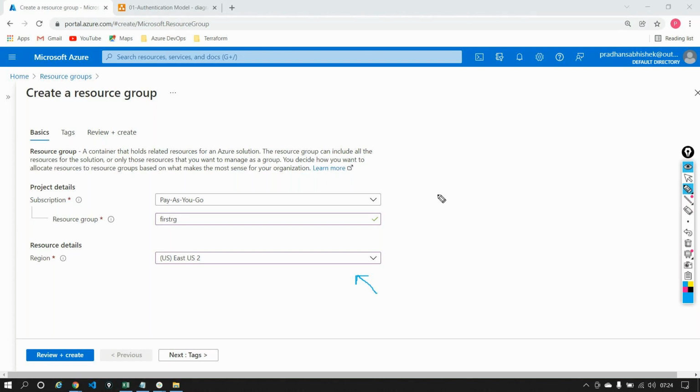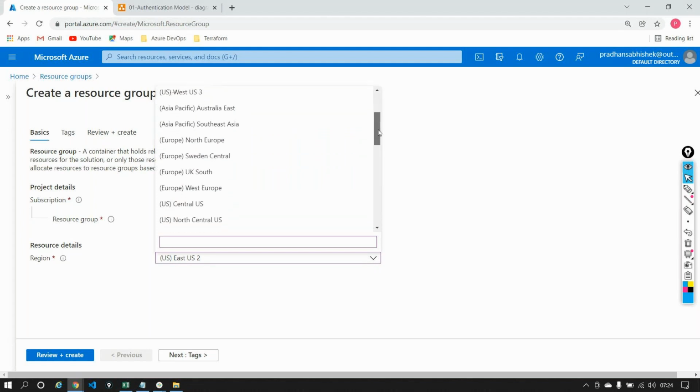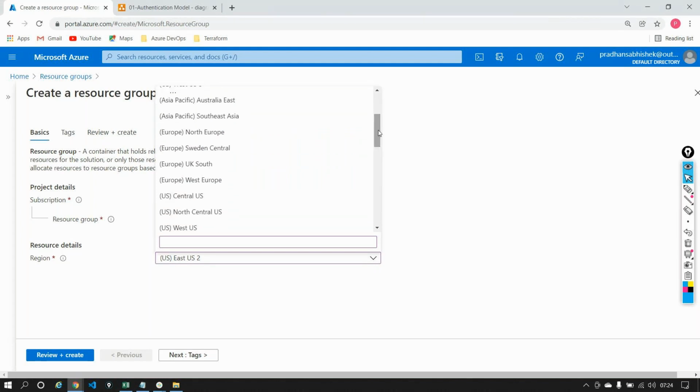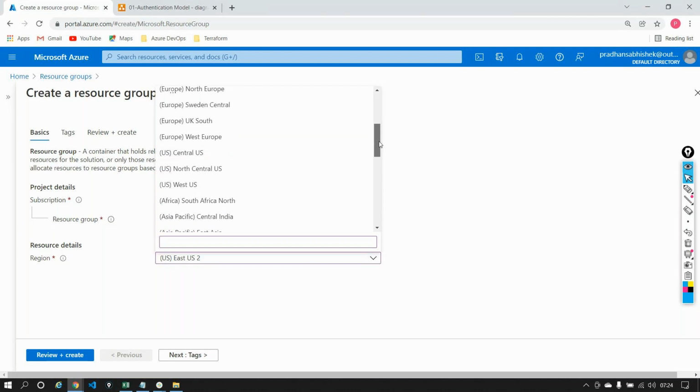Because when you're running a business, you have to look at all these things. That's the reason, even if you look at the data centers situated across the globe, most of them are concentrated in the US and Europe, which are politically and geographically more stable regions than the rest of the world. That's the reason most of the regions in the list that you see are either Europe or US. That's how Azure, or any cloud provider, has situated itself.